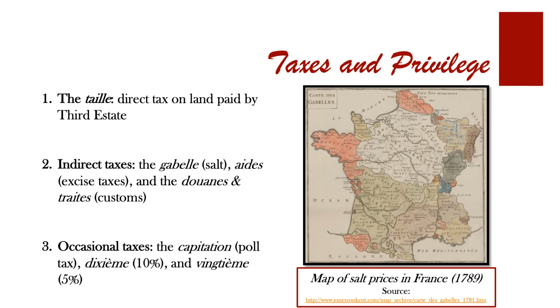In times of war, the crown would sometimes level new direct taxes on the populace. The first such tax was the capitation, or the tax on every head, created by Louis XIV in 1695. We'll talk more about this in a bit. Royal administrators essentially broke down all of France into 22 different tax brackets, divided the people into those brackets, and placed a certain amount for each member of each bracket.